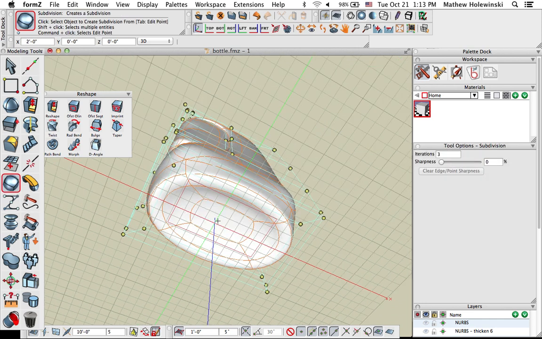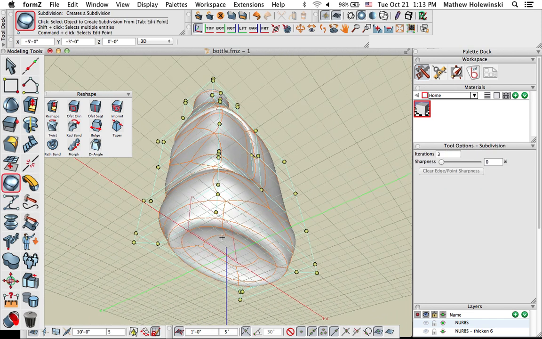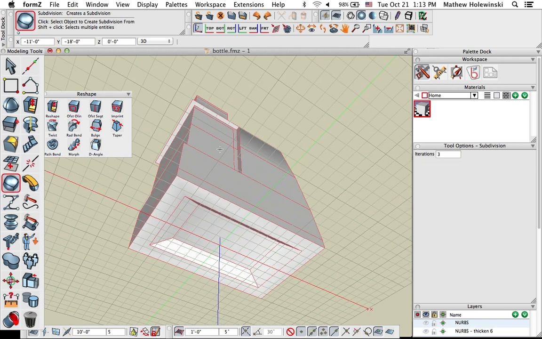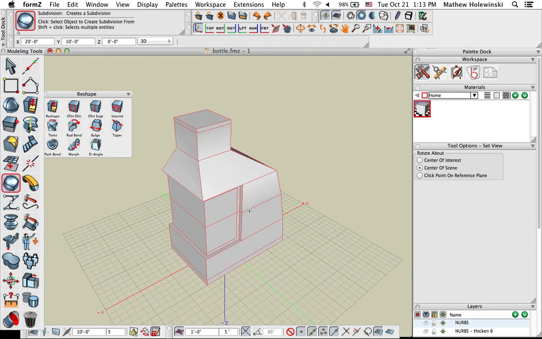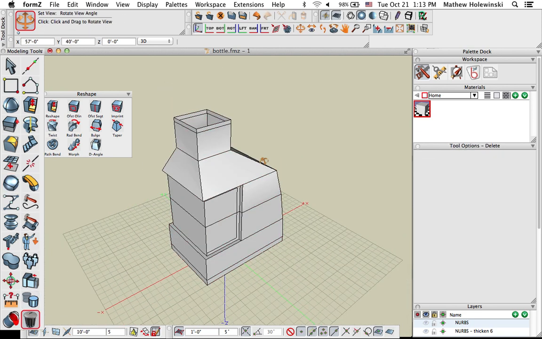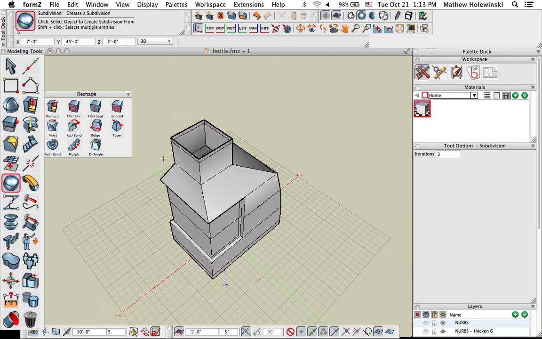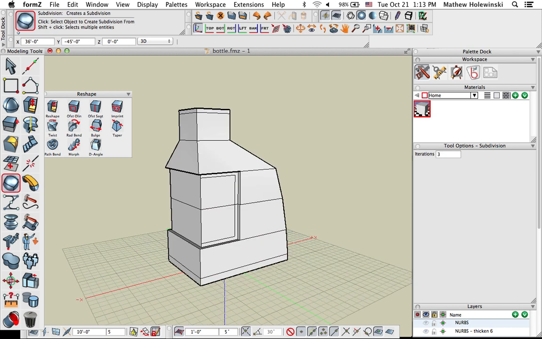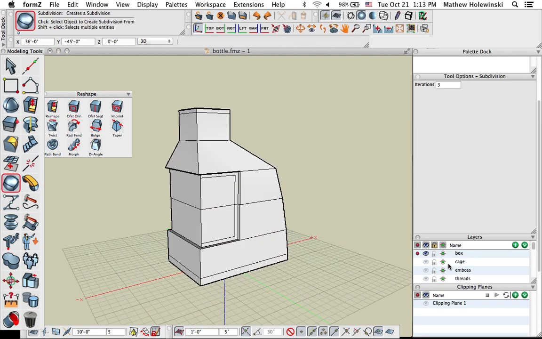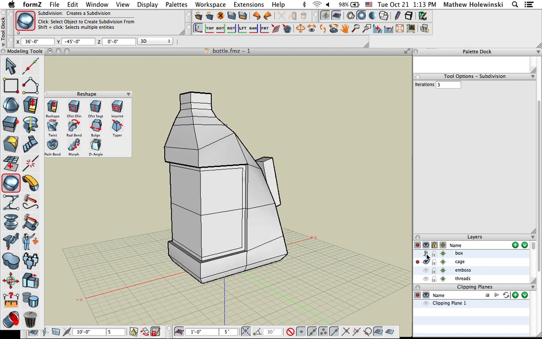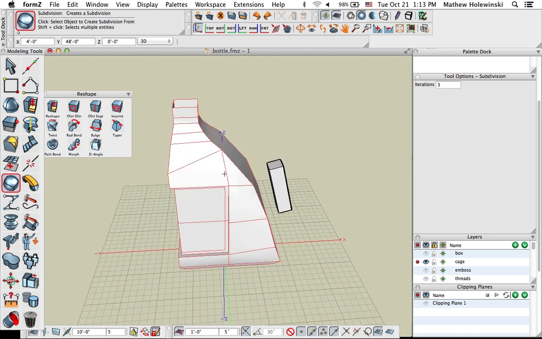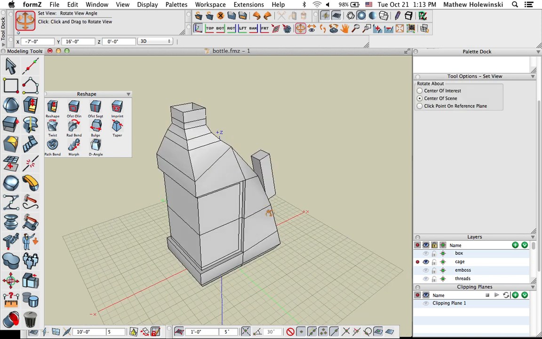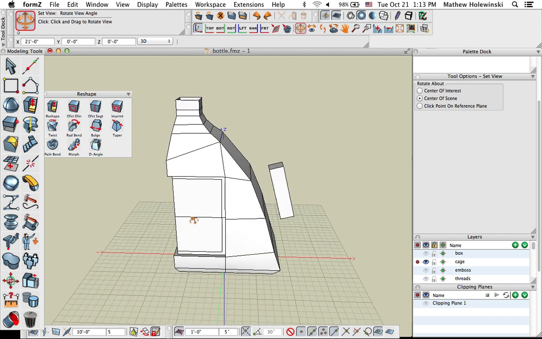So now we get sort of that recessed area like you see on those bottles. All right. So anyways, I think you get the basic idea of what's going on here. I'm going to delete that top face now and sub-D that, and you see we get that opening in there. So if I were to continue on, we would end up with a cage that looks maybe something similar to this. Spend another 5-10 minutes on it, or just sitting there working with that and come up with something like